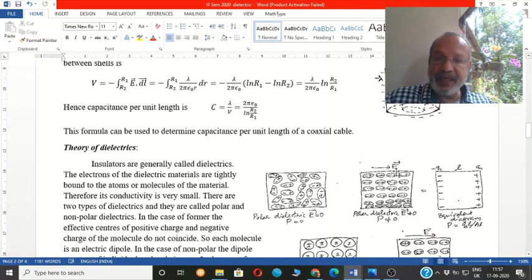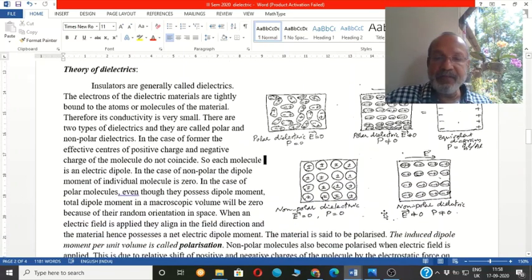This is some externally applied electric field, and if that is zero, then polarization will be zero. Polarization is electric dipole moment per unit volume in any particular direction. Because of random orientation, this will be zero. Now it will not be zero because there is alignment. So the polarization P is not equal to zero.